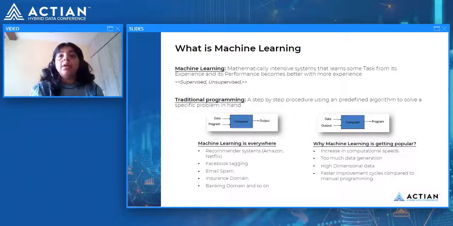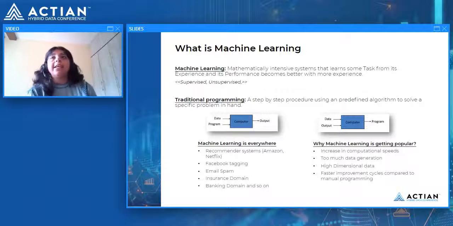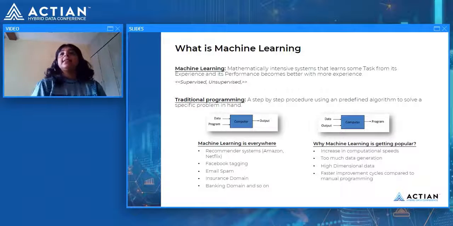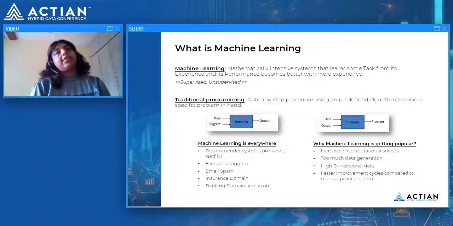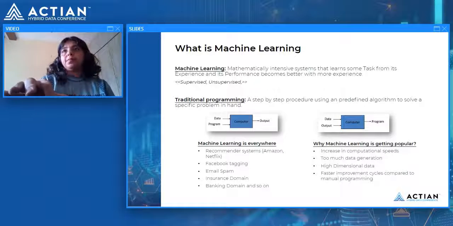And why is it getting popular? Because of the increase in computational speed. The hardware is getting cheaper and cheaper, and all these machine learning programs need something which has high computational speed, and all the algorithms are repetitive in nature. That is, they are iterative, they are recursive. You have to call them again and again, which needs good speed and hardware. So that's why machine learning is picking up quite well. The algorithms were there for quite a time, but since the hardware and speed are getting cheap, they are picking up quite fast.